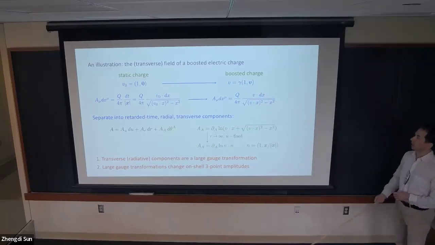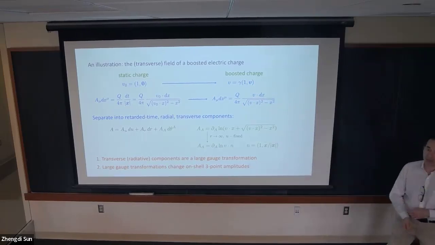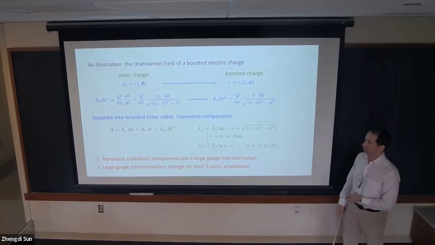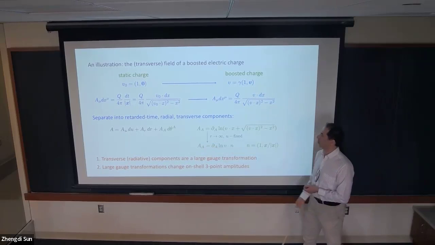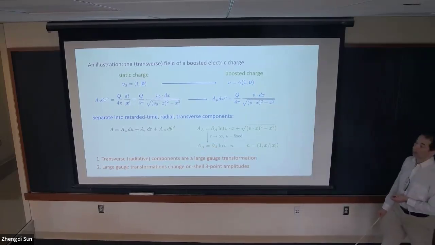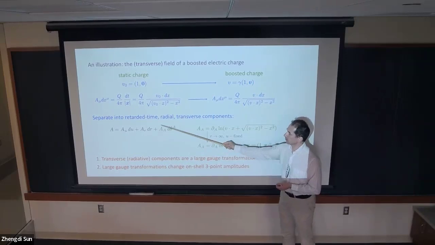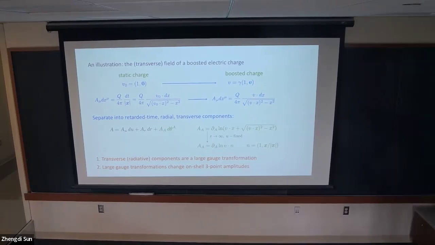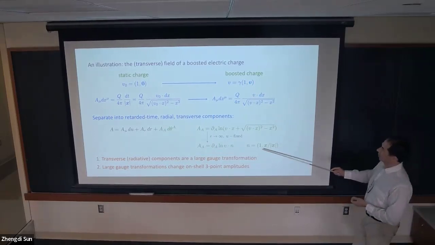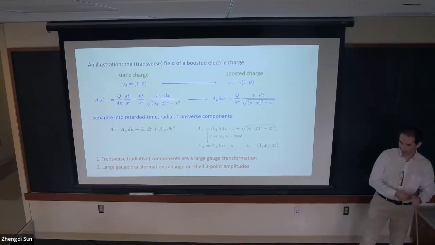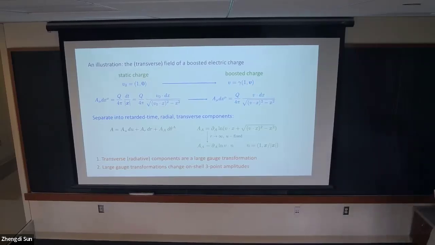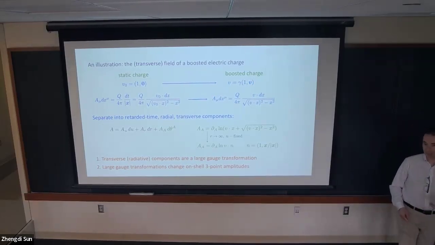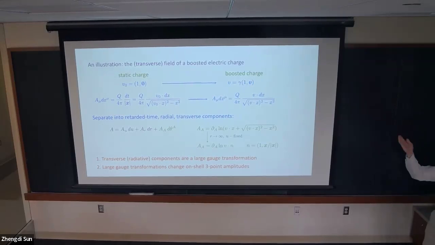This is the field, and then there is something in the angular directions. If you do a little bit of algebra, or you ask Codex to do a little bit of algebra for you, and ask it to split it up in this form, then you quickly notice that the angular directions are this. They are total derivatives, so they are in fact the gauge transform. What does this mean? It means that this field is literally also the current created by this moving particle. And I should also add that current is actually the 3-point amplitude, matter, graviton,